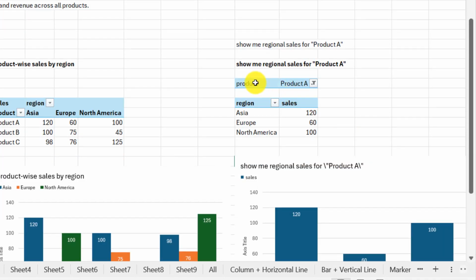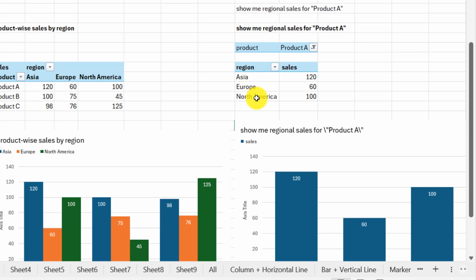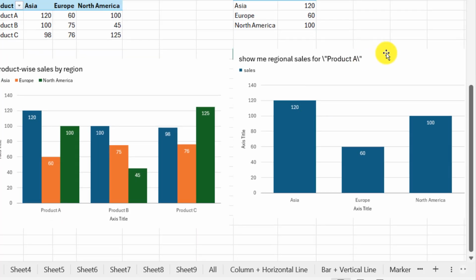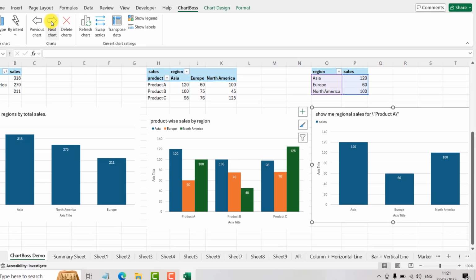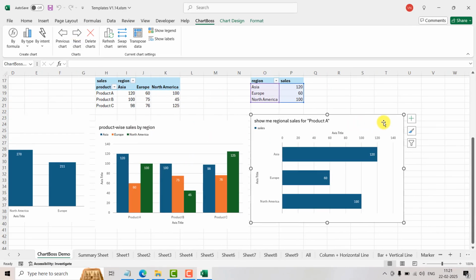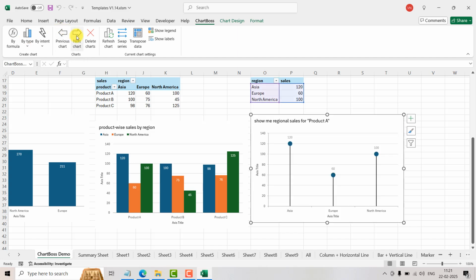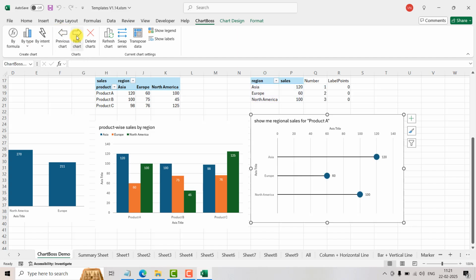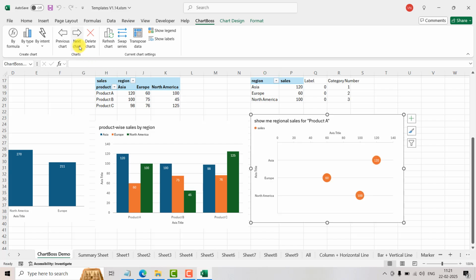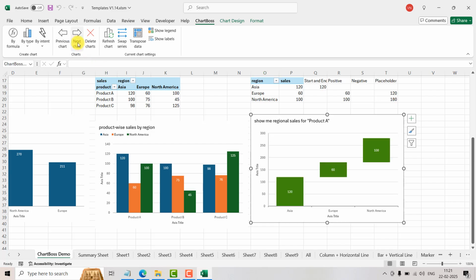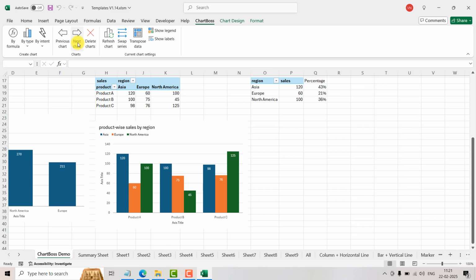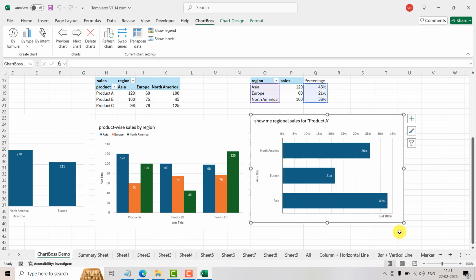So here you can see that it smartly set the filter to product A, because that's what my query asked for, and it's taken regional sales for product A. And this is the chart that's created. So again, I can click on next, and it shows me a bar chart. The previous one was a column chart. It shows me a vertical lollipop, a horizontal lollipop, a dot plot, a waterfall, horizontal waterfall, a 100% total bar,